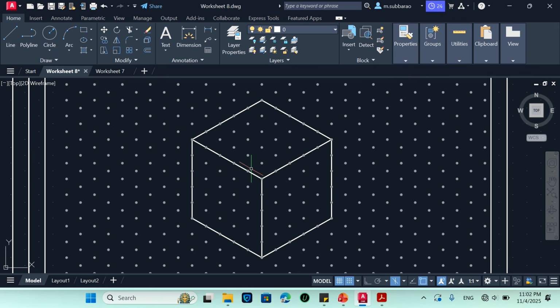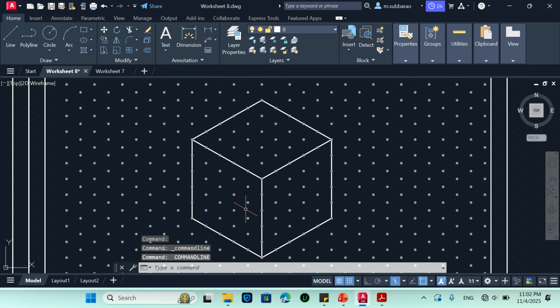Now this is not parallel, the cross wires are not parallel to this. The cross wires are parallel to these two lines. That means I am able to draw the circle here. So go to the ellipse command, and for ellipse, press Control 9. So go to ellipse,